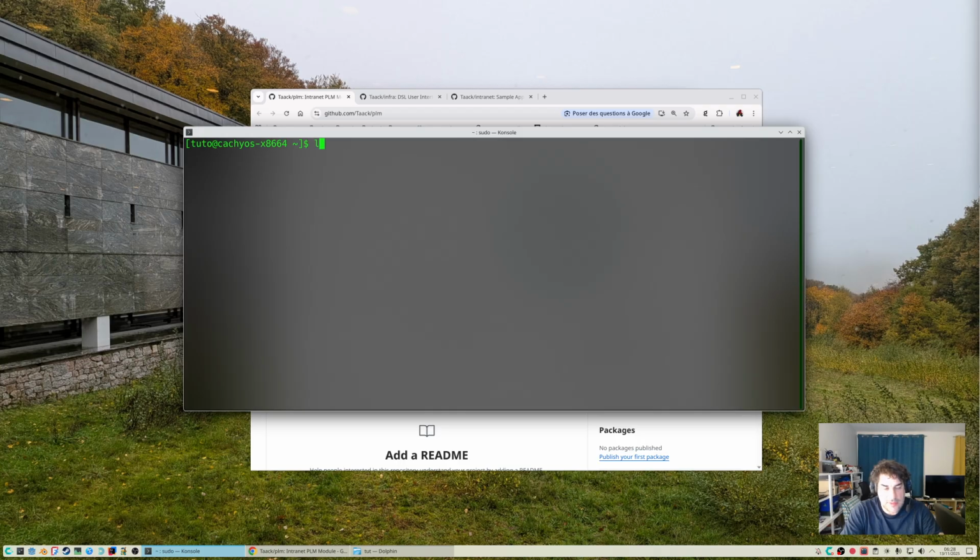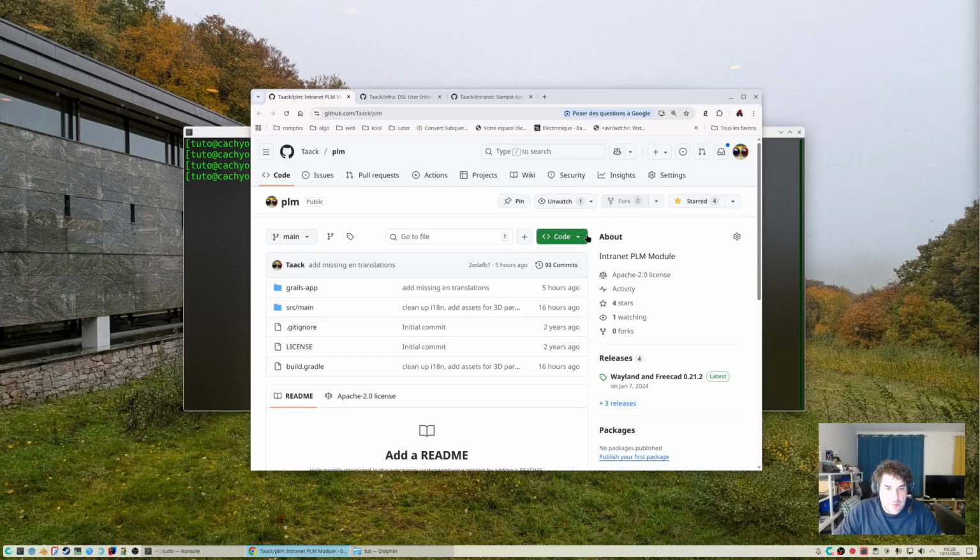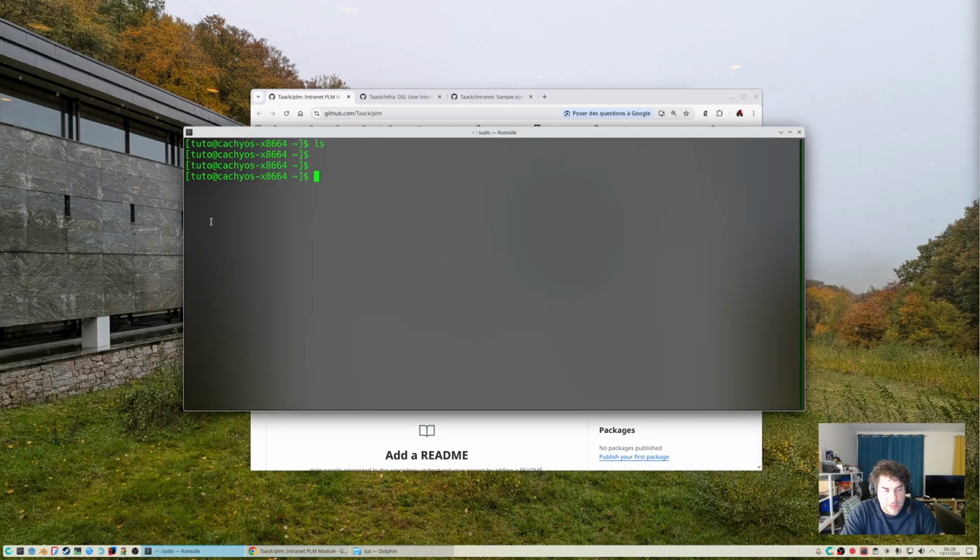So once the user is created, it's empty. We can start to install dependencies needed for this user. The first step will be to check the Java version installed in the system with java -fullversion. We see we have Java 24, which is okay. If you have Java 25, you will have to use an older version of Java, but this one is okay.